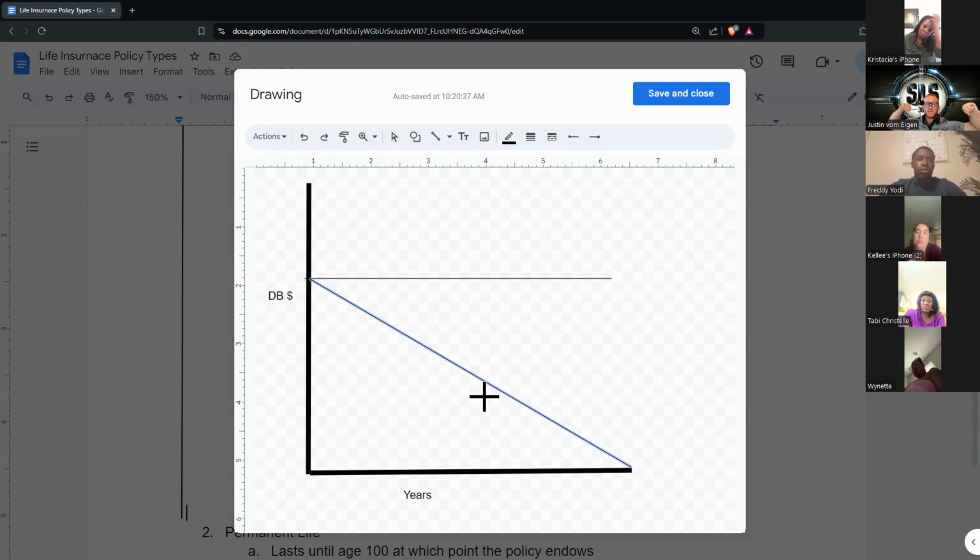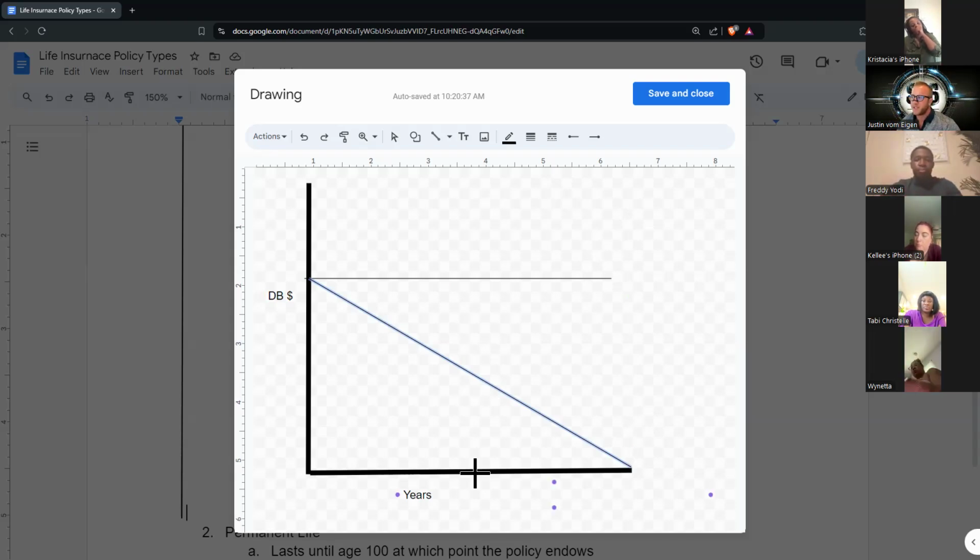Okay. What premiums do you think are cheaper, level term or decreasing? Yeah, decreasing. Decreasing term is cheaper because the death benefit overall is lower. Right? Because in year 20, you're still paying for this big death benefit here, whereas in here, year 20, the policy is pretty much nothing, right?